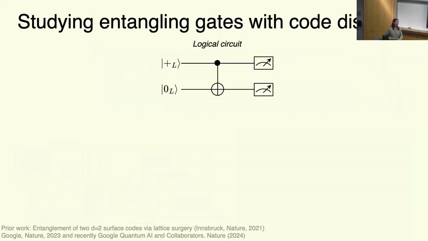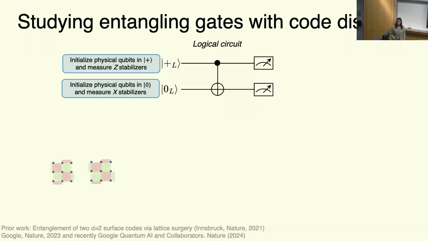So one of the simplest proofs of concept that we can do armed with these transversal gates is to study the so-called threshold theorem that I mentioned at the beginning of the talk, where we'll change the code distance and see if we can reduce our logical error rate. We'll do this by preparing a Bell pair between two surface codes, entangling them. First, we'll prepare the surface codes in logical plus or 0 by initializing physical qubits in the same state and then measuring our stabilizers using this ancilla readout circuit. Then we'll entangle them using this transversal